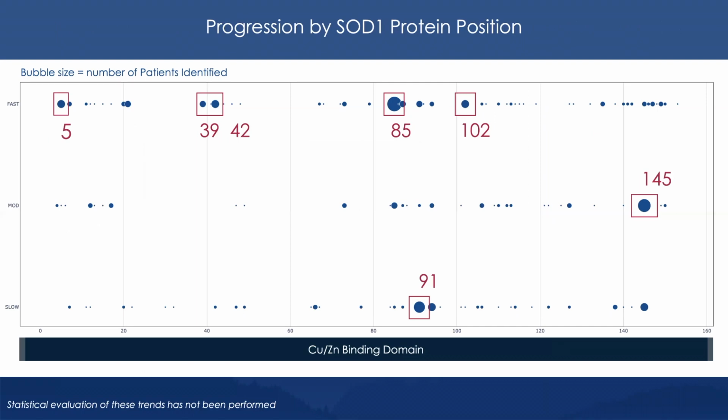So just like I showcased for age of onset for specific protein positions in SOD1, this is a depiction now of that distribution of unique variants at different residues along the linear axis of the protein on the bottom there, as compared to the rate of progression of disease for each of those patients. And again, the size of the bubble indicates the number of patients that were identified in our data set with